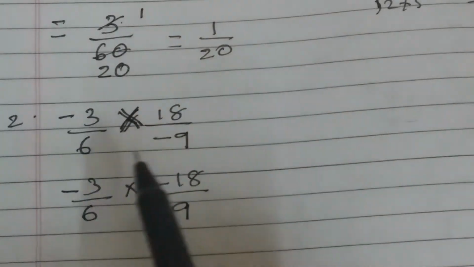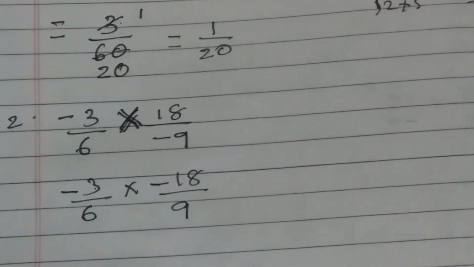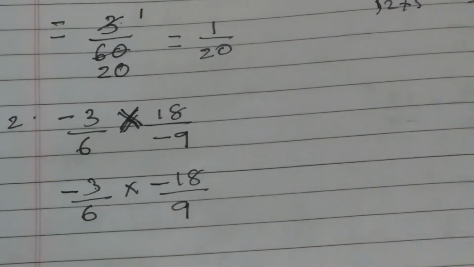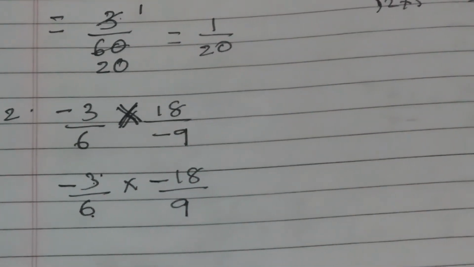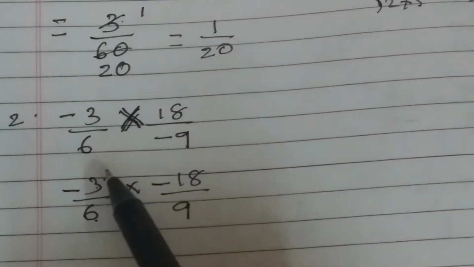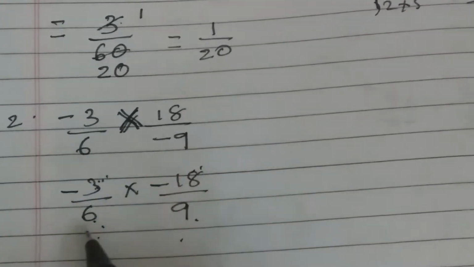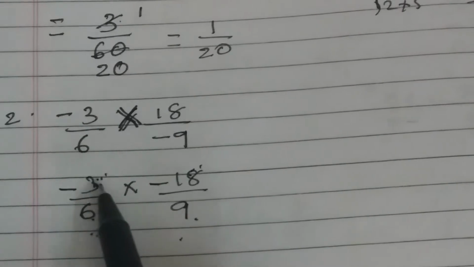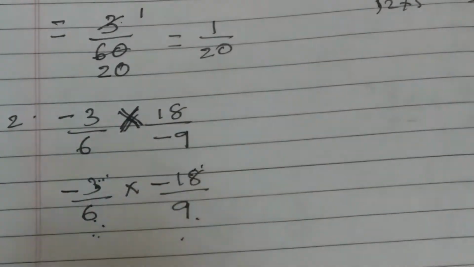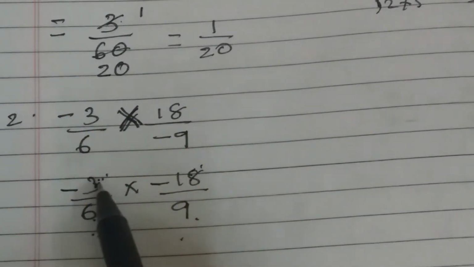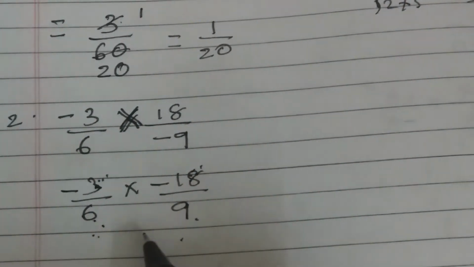Now it is multiplication. The meaning is multiply both the numerators and multiply both the denominators. That is the meaning of multiplication. But still this can be done in an easier way, that is by simplifying the numerator and the denominator by the same number if they have a common factor. You can only cancel a numerator with a denominator: 3 and 6, 3 with 9, or 18 and 9, 18 and 6. We cannot cancel two numerators even though 3 and 18 both come in the same 3 tables, because the operation between the two numbers on the numerator is multiplication. But when you cancel, the operation becomes division.